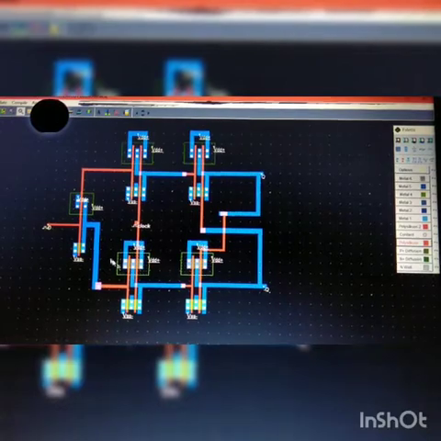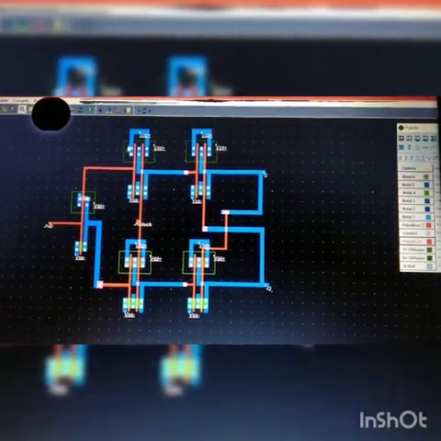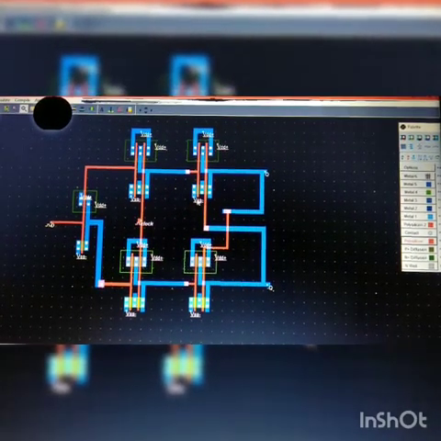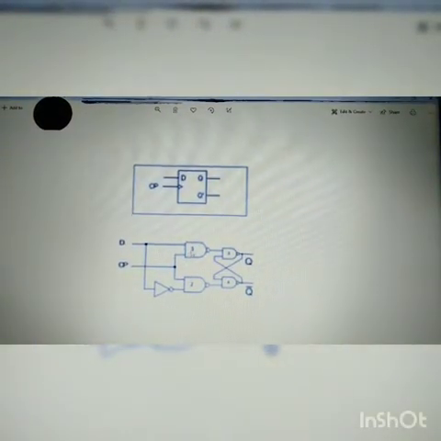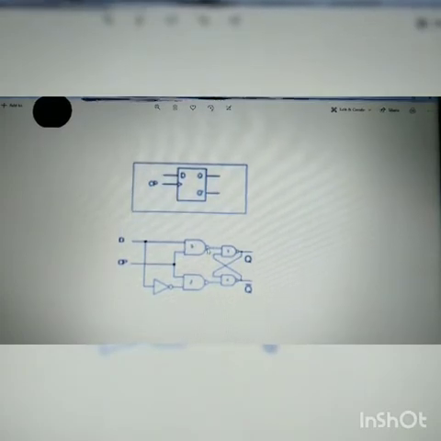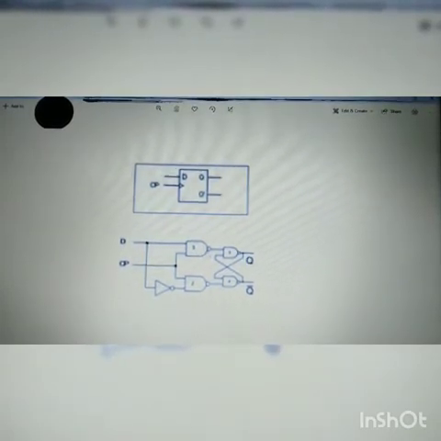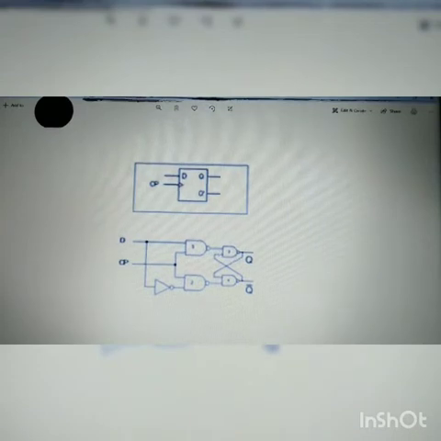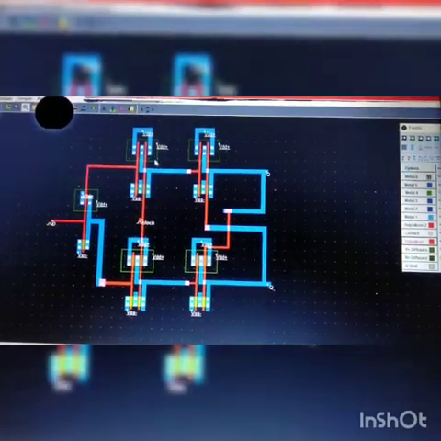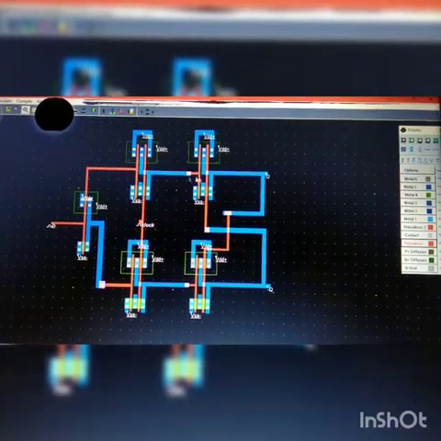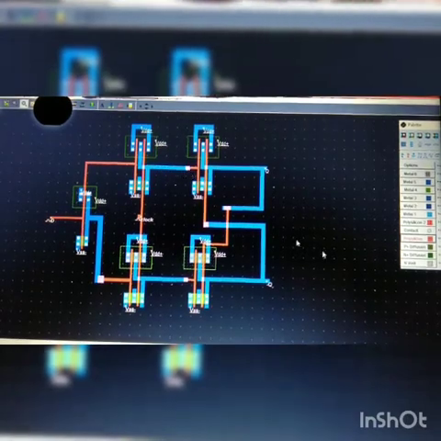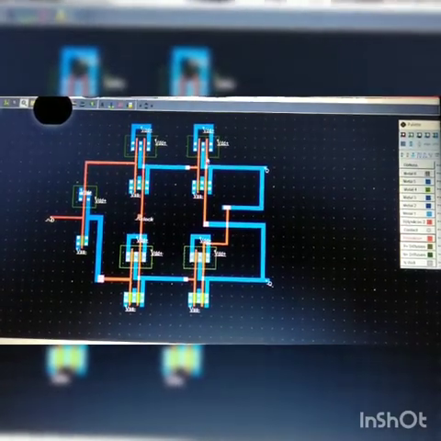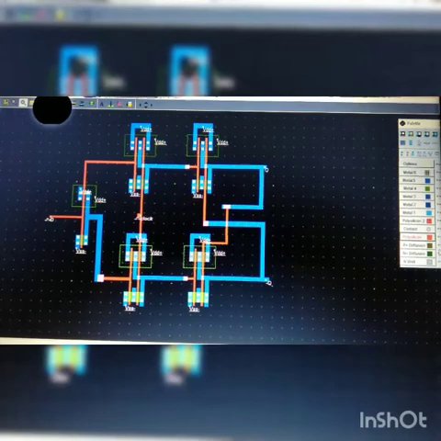After checking the connections, now I have copied one of the NAND gates 4 times, and in this circuit diagram you can see that the output of this NAND gate is connected to the input of this NAND gate, and likewise the same is followed here. So the output of the first NAND gate is connected to the input of this NAND gate. That is, we have connected this line using metal, this metal 1, and this we have connected with polysilicon.